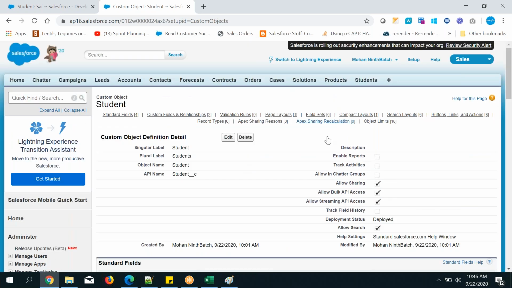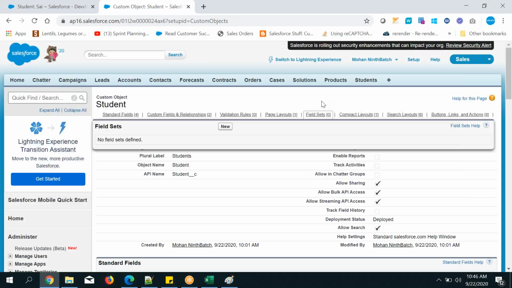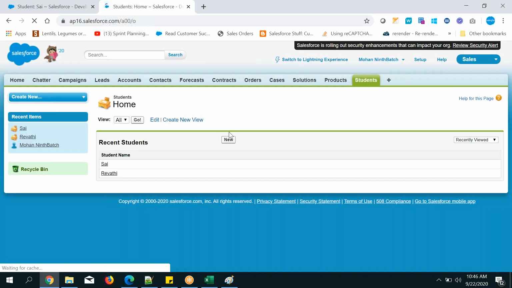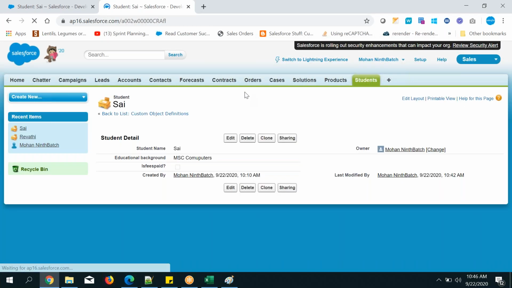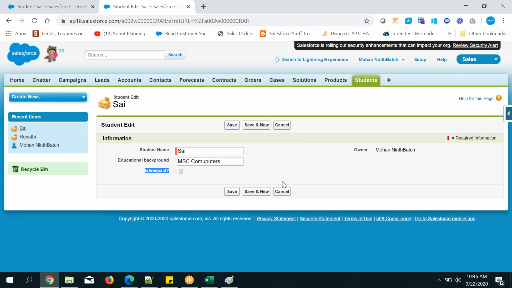Now you have created a field, and I want to add data. For Revati and for Sai, for both I want to update the data. So you need to go to the students tab. Open the students tab, open Sai first and edit this one. Shortcuts are there, and is fees paid. By default it is unchecked.